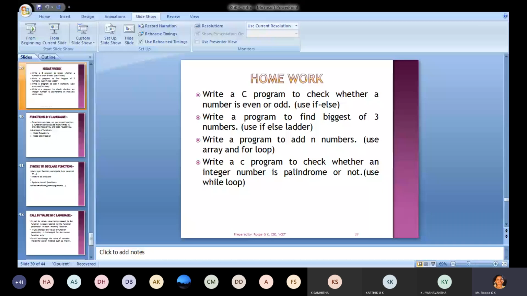Mahima, present, ma'am. Mega, present, ma'am. Namita, present, ma'am. Naveen, present, ma'am. Nidhi, Nikhil, Nisarga, and Nisha, present, ma'am.